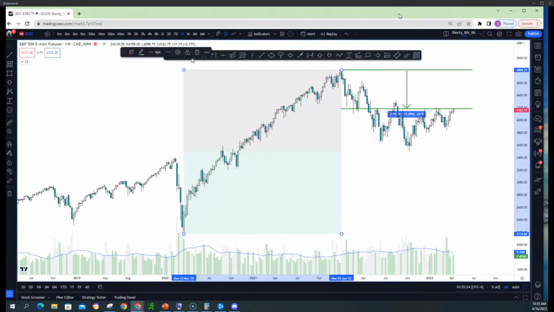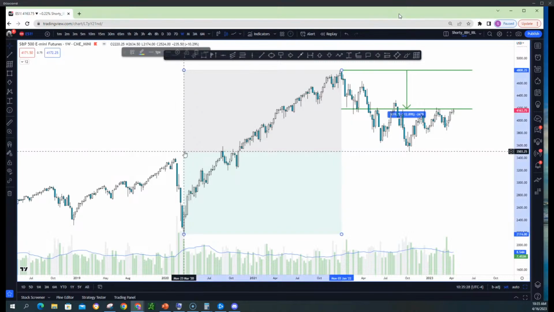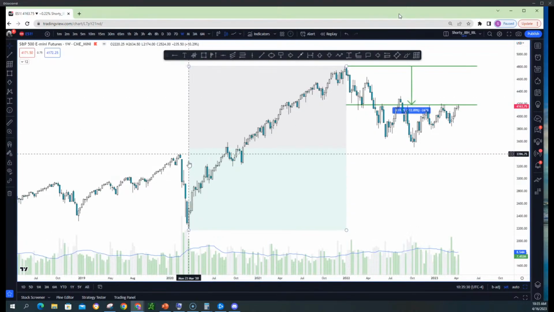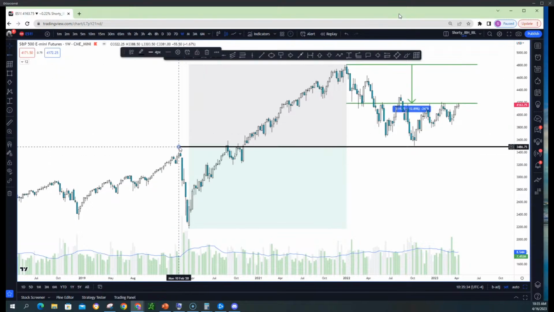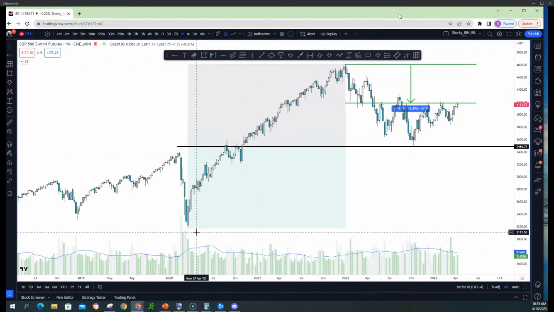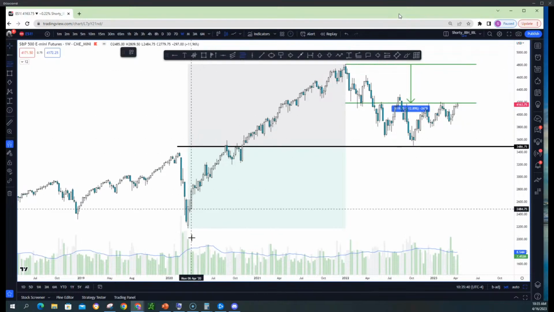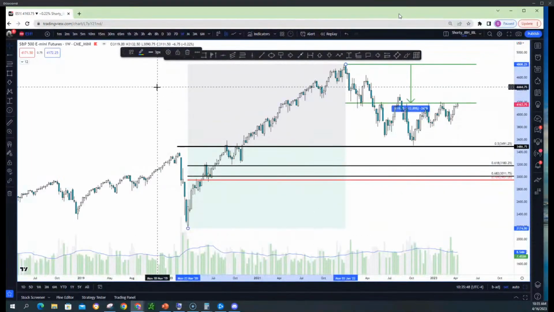Here's your 50% of the run up, right? And look where they bounced it. There were some buyers at this level. Look where we bounced the last time. This is just basically your fib. I just have a little box that does it. If you go from here to here, they came to the 50% retracement of this run up, right?